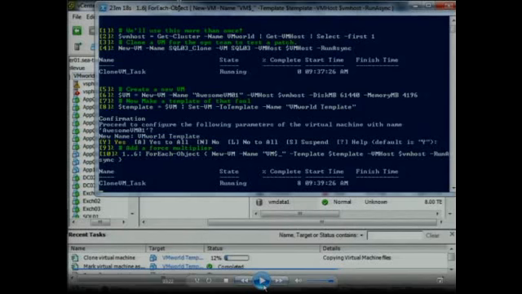So we're going to make a list of the numbers 1 to 6. This is more for the demo's sake than anything really of value. It's the same as doing a for I equals 1 to 6 loop. Then we're going to take that 1 to 6 and pass it to a foreach object, so we're going to loop through that 6 times. We're going to create a new VM, name it VM plus whatever that number is, use the template we created, use that first host, and fire and forget.